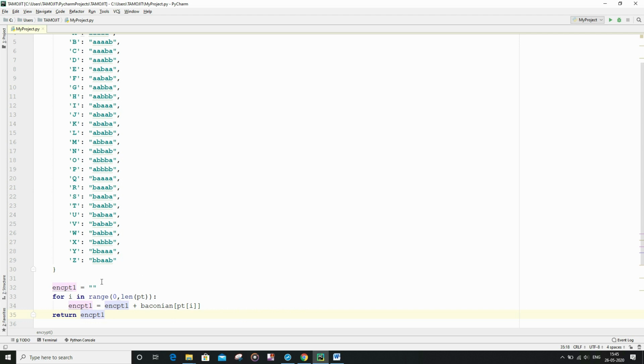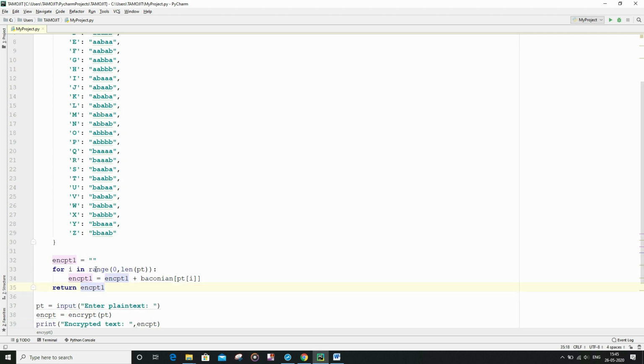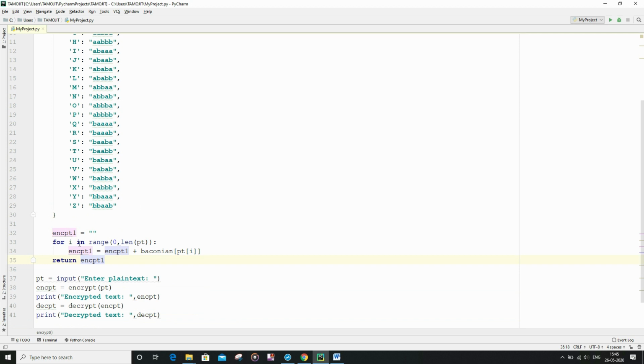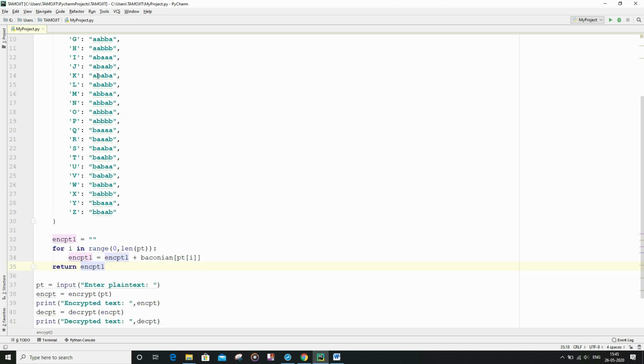Now let me explain the logic behind this for loop. The for loop is going to iterate exactly as many times as there are characters in the plain text given as input to this function.